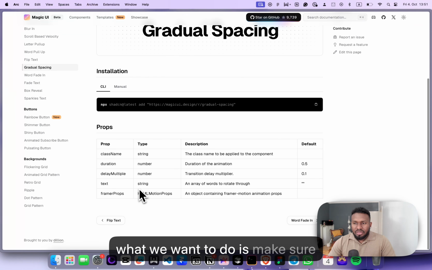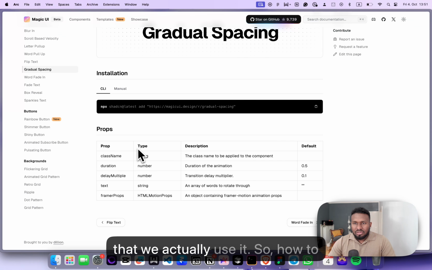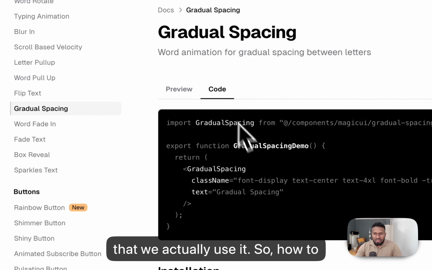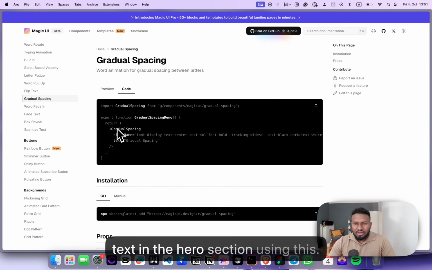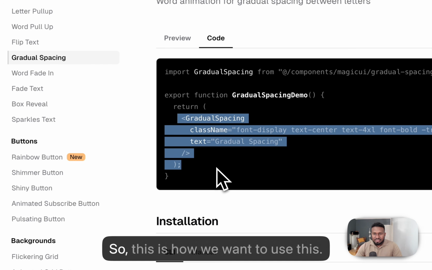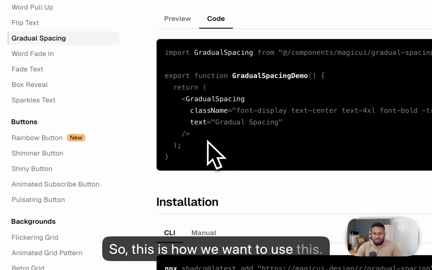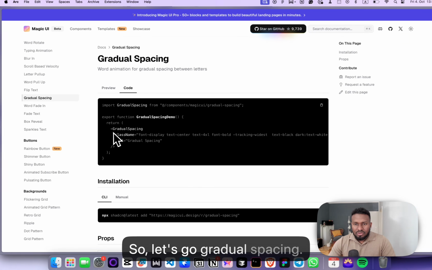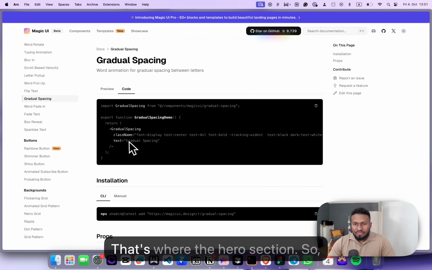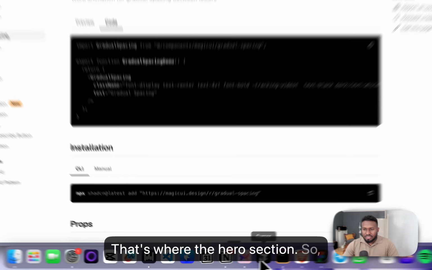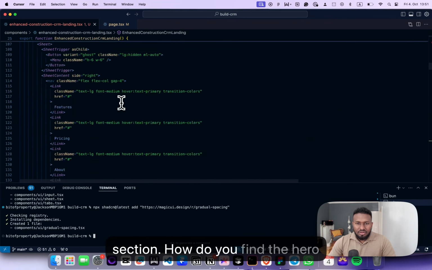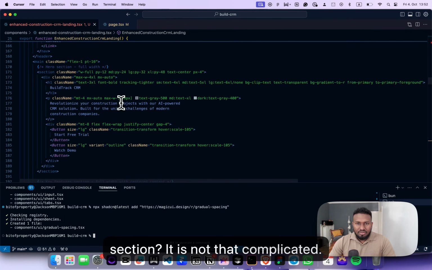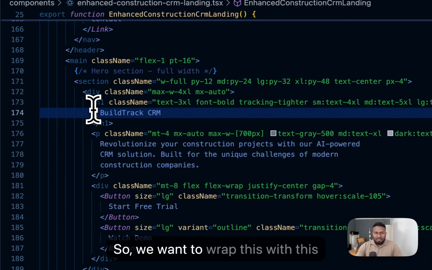So what we want to do is make sure that we actually use it. How to use it? We just need to wrap our text in the hero section using this. So this is how we want to use it. Let's go with gradual spacing text for the hero section. Let's come here to the hero section. How do you find the hero section? It is not that complicated. So we want to wrap this with